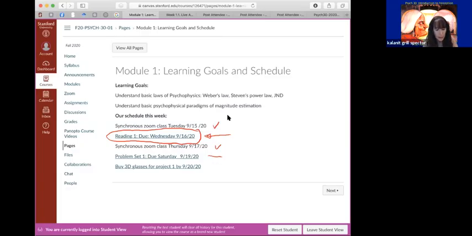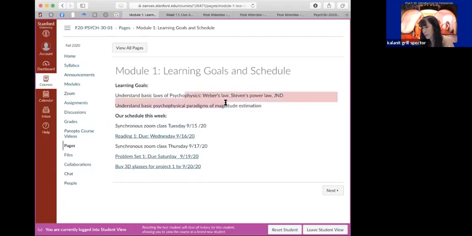Each module will have a problem set. The problem sets are going to be due on Saturday, so you guys are going to be busy already this week. And sometimes we'll have special instructions. For example, this week we would like you to buy some materials that you'll need for the class. So this document is going to be there for every module and just going to give you a high-level overview of what we're going to learn this week and what's in store in terms of the schedule.